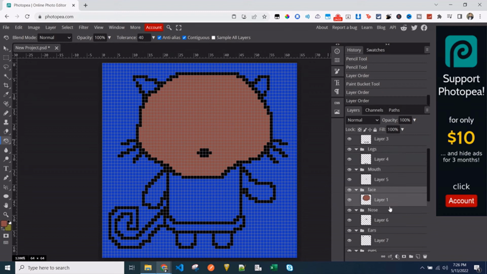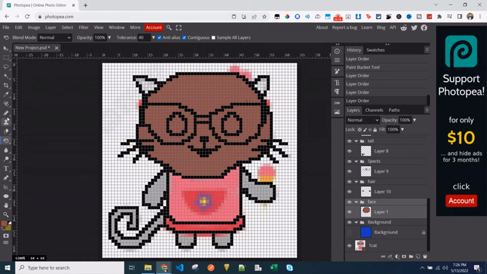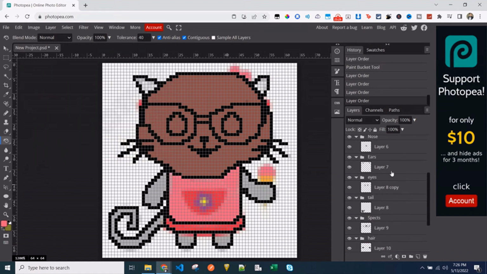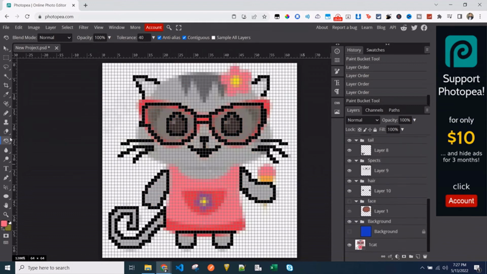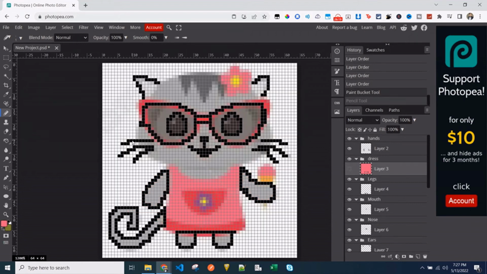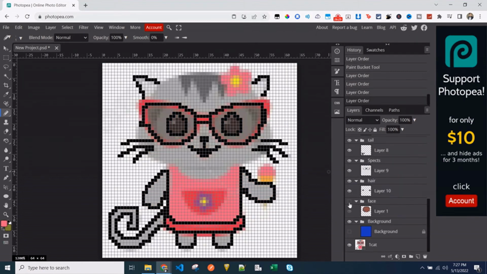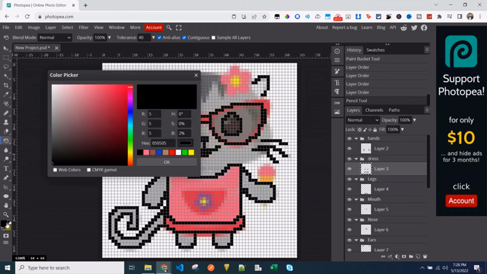Now, let's rearrange the layer in the right order. Here, if you see, the pink color got filled all over the layer, but it's supposed to be filled only in dress. That's because we don't have dress closed at the top. Let's draw outline and close it so that the dress color remains inside the dress. And let's also make sure every part is closed properly.